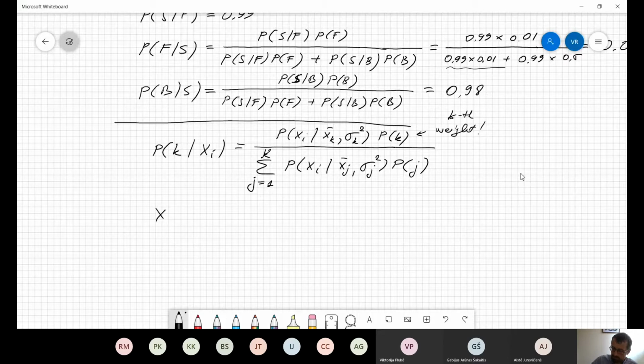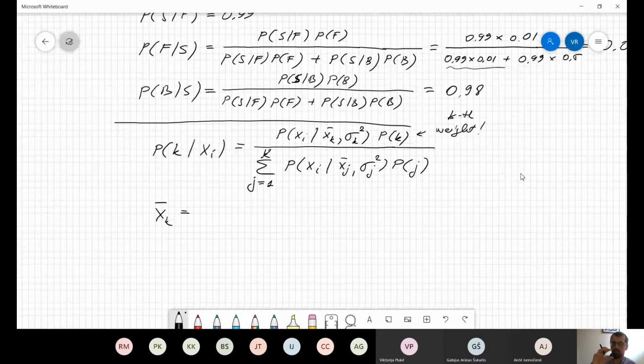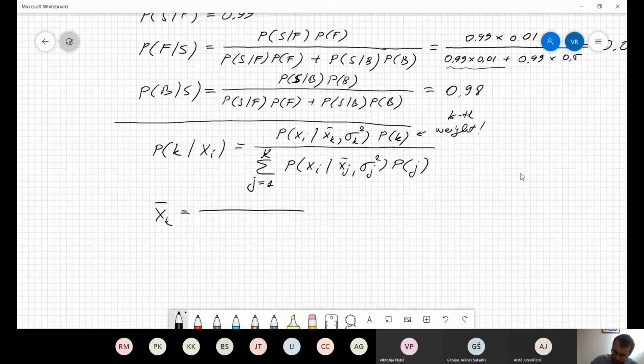All right, so once we have calculated that, from this we can actually calculate the average, because we have the probability of k given the data point. So we have various data points and we have the probabilities of being in a cluster for these specific points. The average is now quite easy to calculate, because we just need to multiply the actual value with the probability of being in a certain cluster. So basically we loop over all the observations,